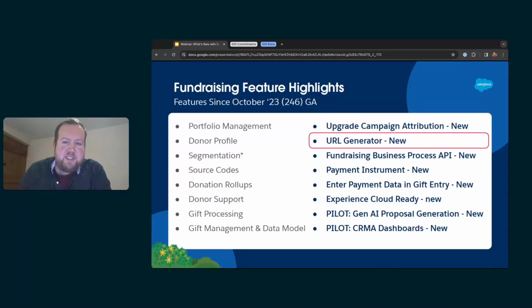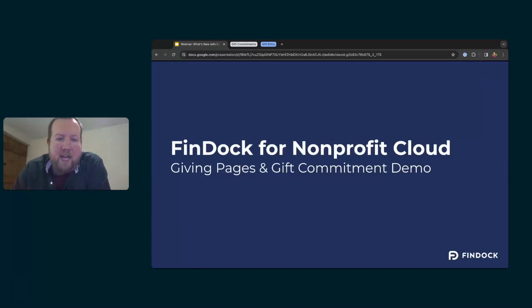Next up on the list is a URL generator, the ability to create a URL that's specific for a giving page, pre-filling things like a campaign and the source code. To be honest, this is something that FinDock has been doing for quite a long time. So we're kind of like, this is great. It's a great new feature, but it's not really something new for us. I actually think Salesforce are going to continue to iterate on this and bring more features to it, which I'm excited to see. But let me jump in and I'll talk you through our giving page edition